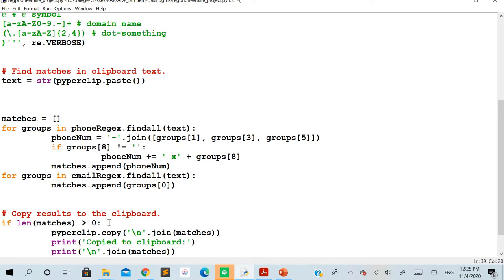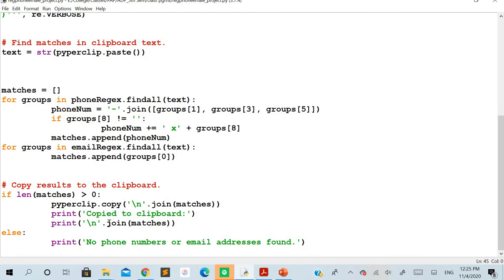The next thing is that it needs to be pasted in a systematic manner on the screen. How is it done? First we check whether anything has been matched or not. How can we identify that? To tell that something has been matched from the input document, the value in matches is not equal to 0. That is, there is some value in this list. For that we are checking whether the length of matches is greater than 0.